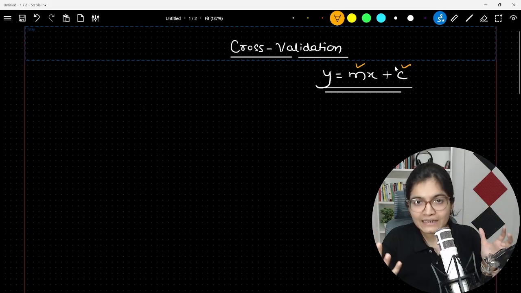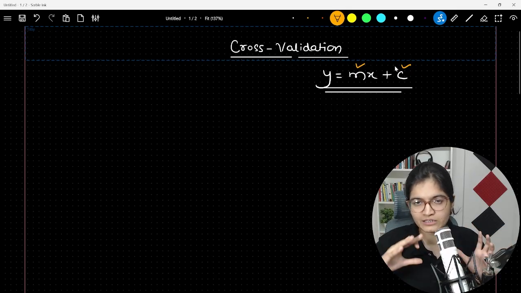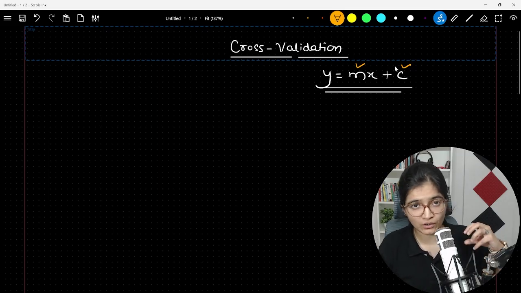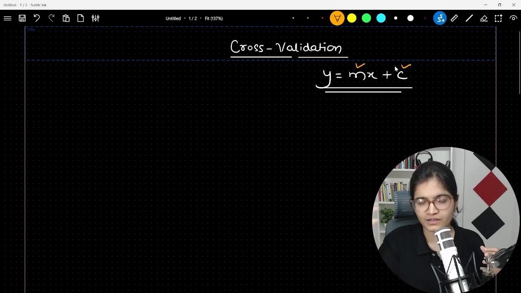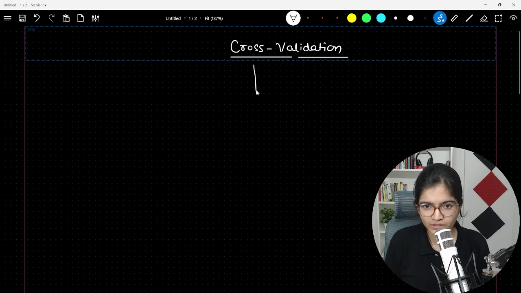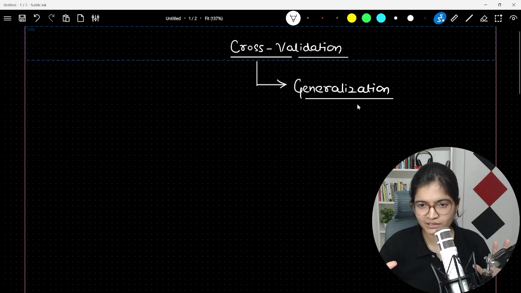So what we want at the end of the day in machine learning models is that our model will generalize well on different kinds of datasets, not only on the training set, but also on the testing set or unseen data as well. That's the whole target. So this cross validation technique helps my model to generalize better. It helps to do the generalization of the model. Be it any model that you have, it will generalize well,